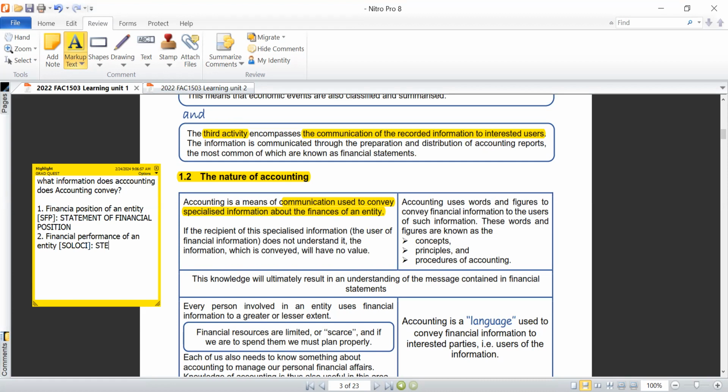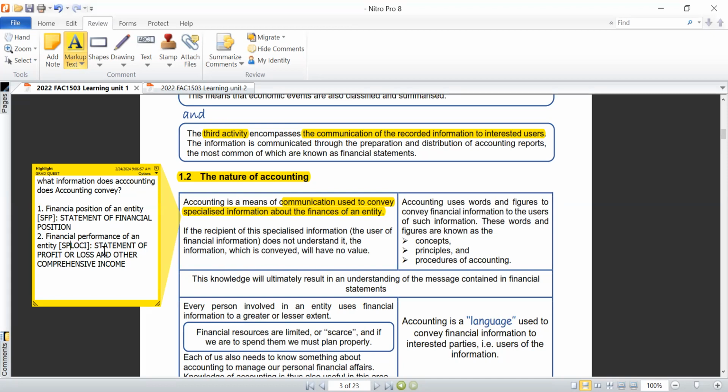This is the statement of profit or loss and other comprehensive income. That's what it means, SPLOCI.